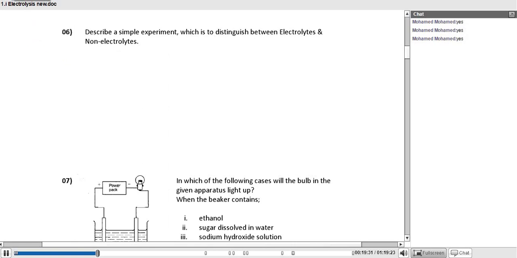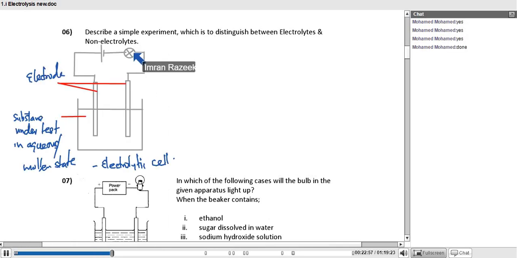Okay, so before we write the note, we just copy this diagram. Lighting of the bulb, or we can say by the bulb becoming illuminated,